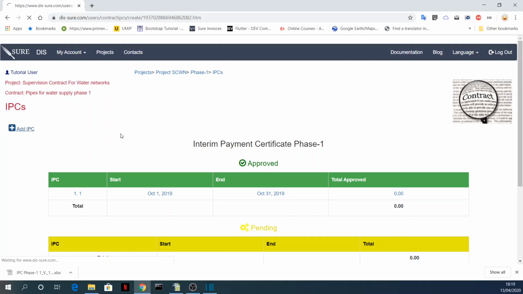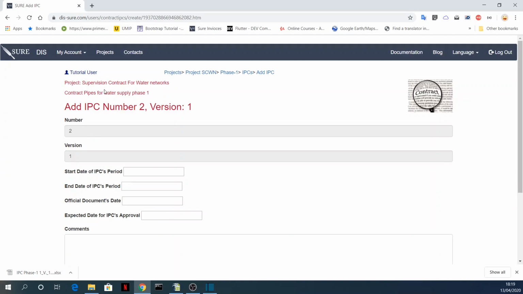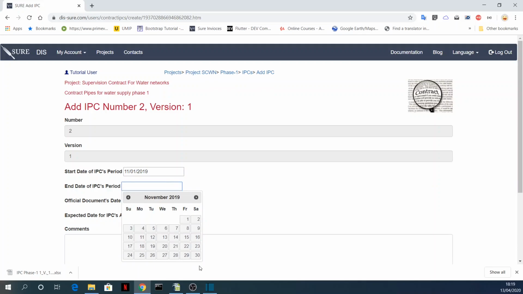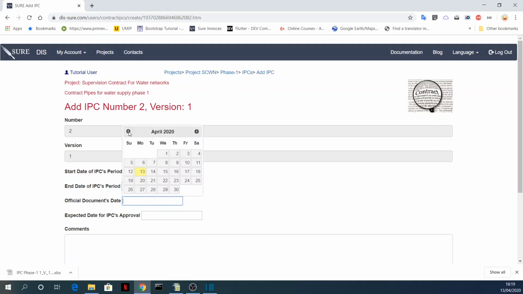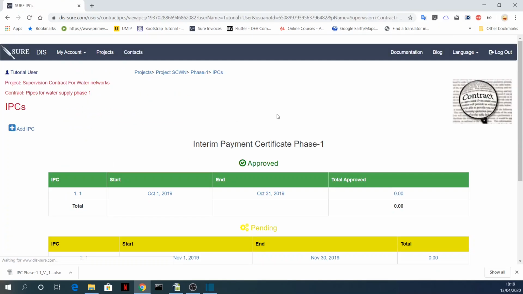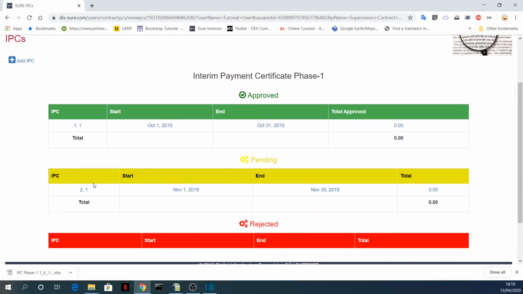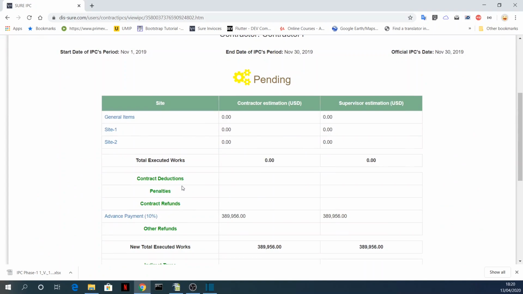Let's start by adding a new IPC. As you can see, SURE already identifies that you already have created one IPC. So this one is number 2. It has a version 1. And let's say that it will be the IPC for November. Okay, let's just add it. And now we have again the first IPC was for October, the second one is for November, and we have it pending with 0. If we go into the IPC, we see that we have it 0,